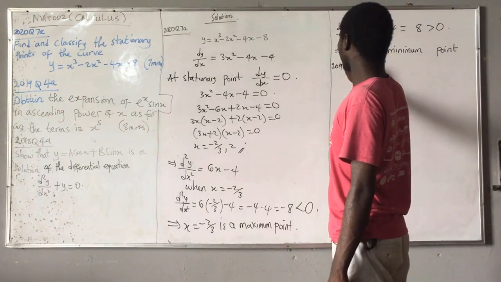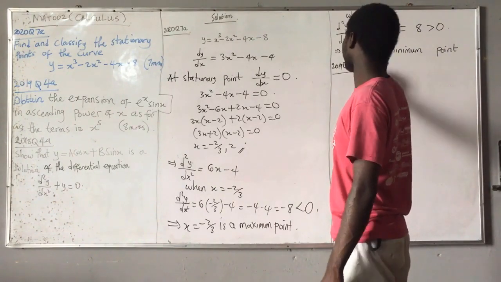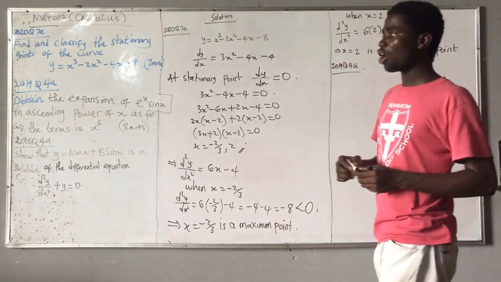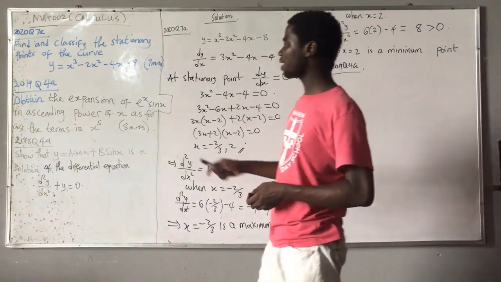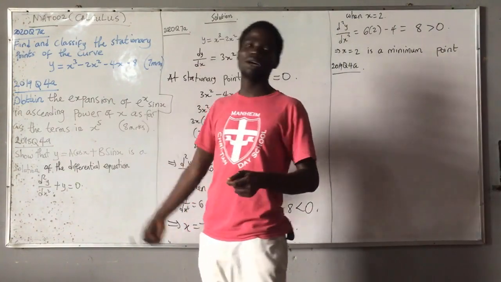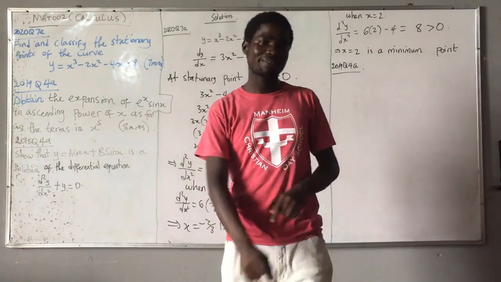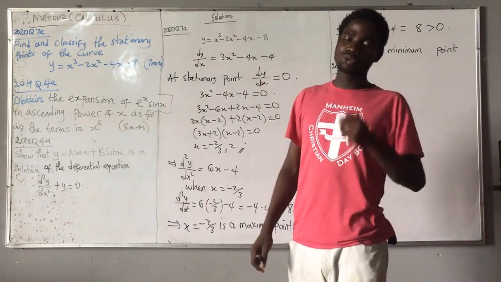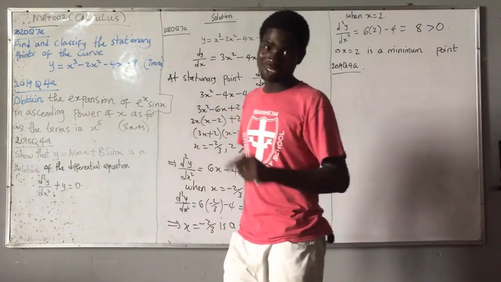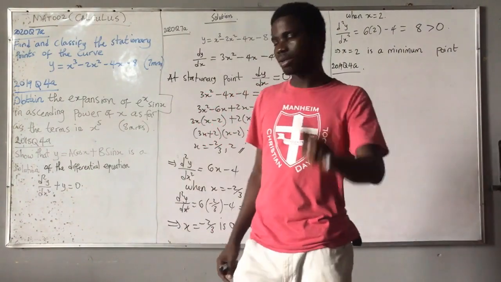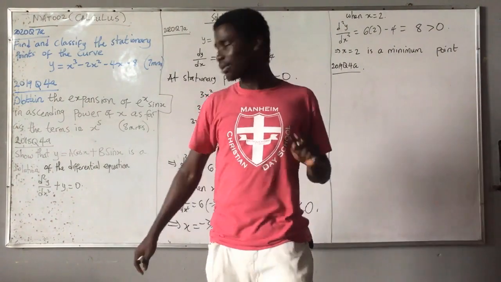Now, 2019 question 4a. Obtain the expansion of e raised to power x and sin x in ascending power till you get to x raised to power 5. There are 2 ways I'm going to show you how to do it. Now, the first way,